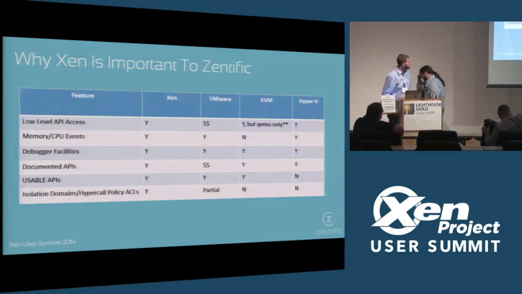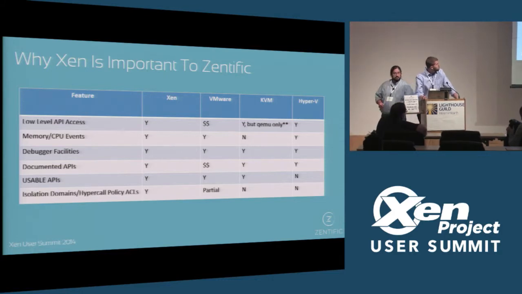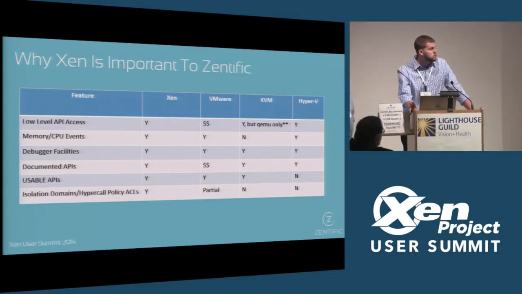So we summarized the things we just talked about and compared that to the other hypervisors that we have available. And Xen stands out as the winner here for us. The low-level API access for doing things like CPU and memory events, actually getting to the hypervisor itself to control it. Xen has that capability. It is definitely in things like Hyper-V, VMware, and KVM, but the facilities are much different, and VMware, like with most things, you have to pay to play. So it wasn't really something we wanted to get into immediately to start making the product.